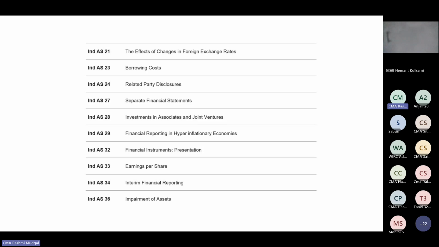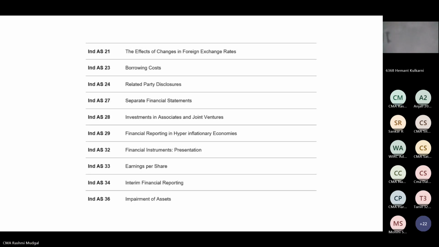Okay, next is financial instrument presentation. How to report financial instruments. Companies make some investment into instruments which give them a good balance sheet, as well as a way to park some extra amount or extra cash and cash equivalents available with them, and they are giving returns also. So financial instruments are also part of the balance sheet.